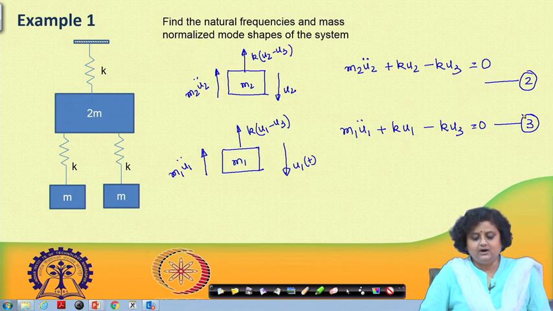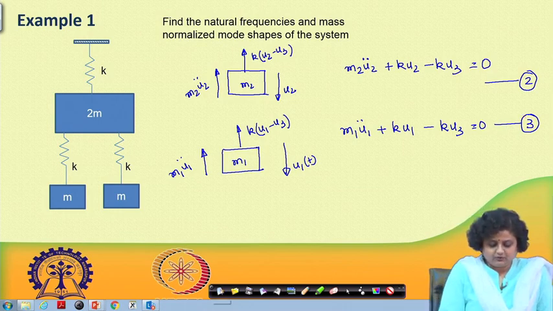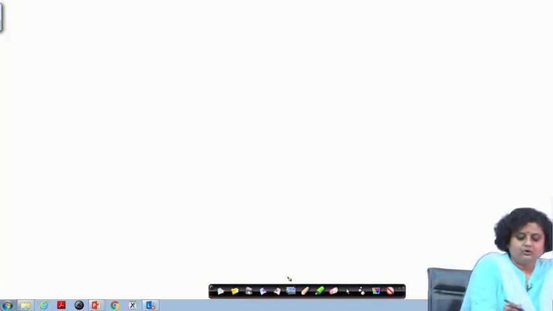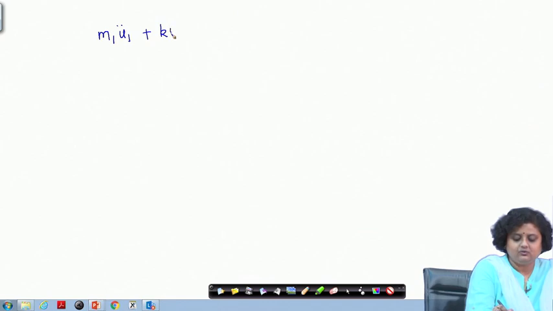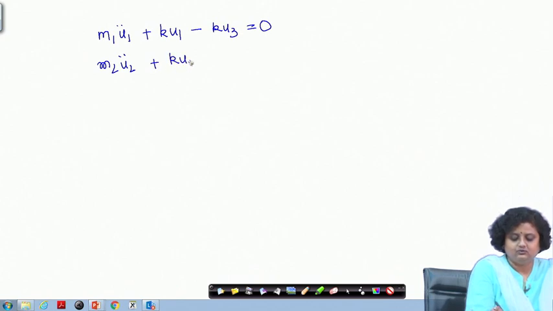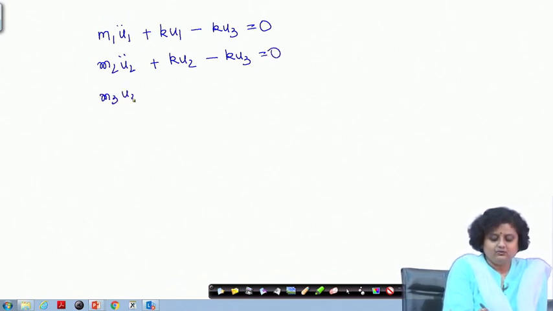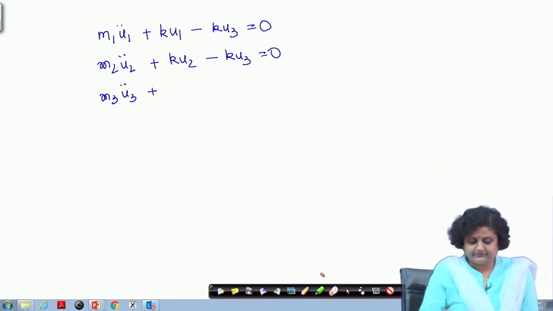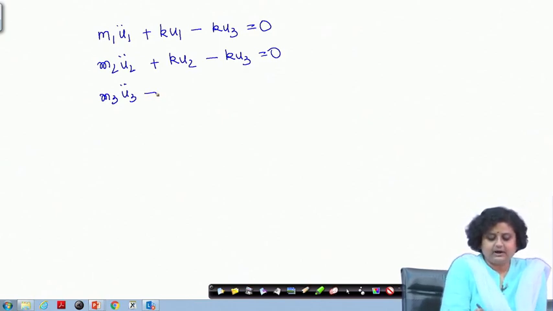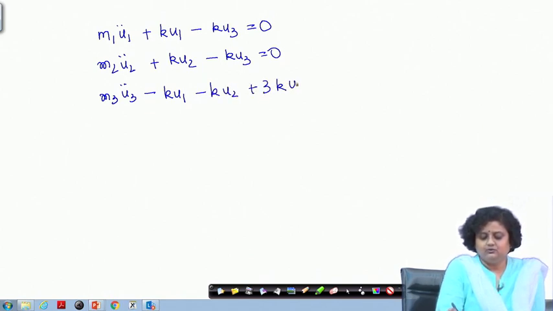As we have done earlier, we are now going to write them in matrix form. The equations of motion that I have are m1 u1 double dot plus k u1 minus k u3 equals 0. Then I have m2 u2 double dot plus k u2 minus k u3 equals 0, and finally, I have m3 u3 double dot minus k u1 minus k u2 plus 3k u3 equals 0. Therefore, writing these equations in matrix form,